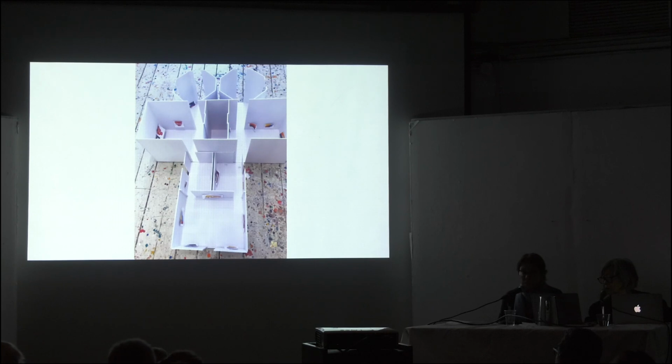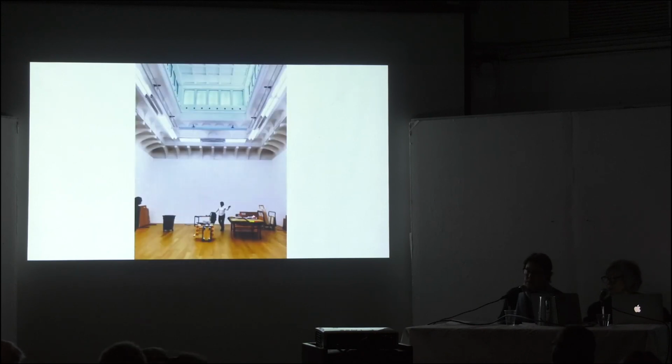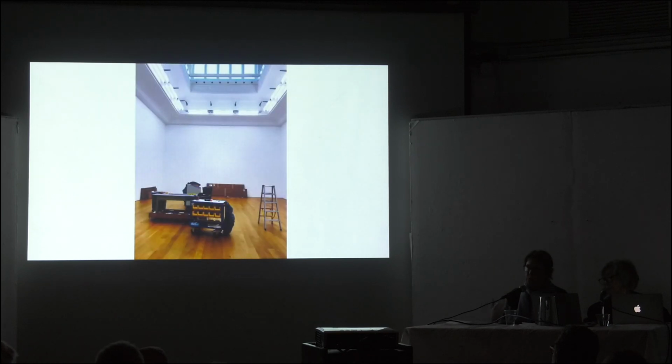I should say the show covered about 12 years of work, but we weren't able to go from early to late because it just didn't work out that way. We were trying to really put paintings in spaces where they would feel right, and we also wanted to create rooms where the paintings had a kind of conversation, the same kind of conversation that they have in a studio where you're working on things and they're speaking to one